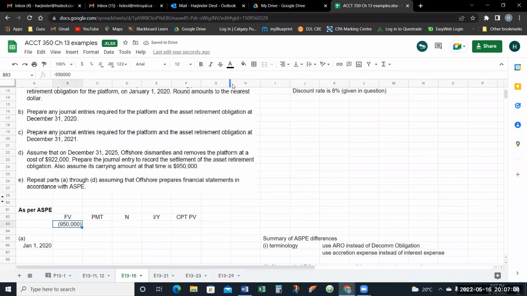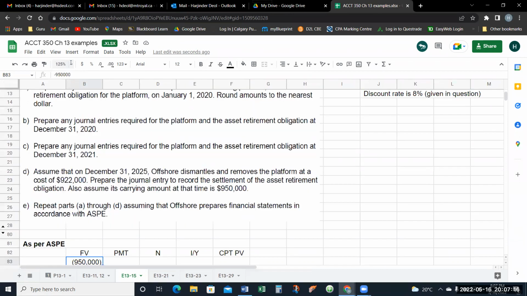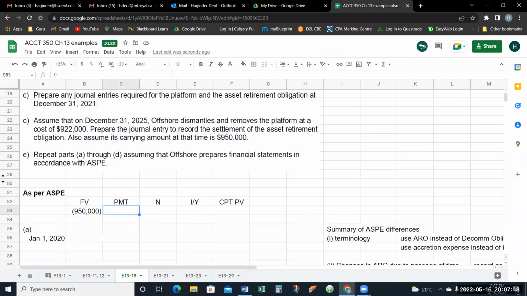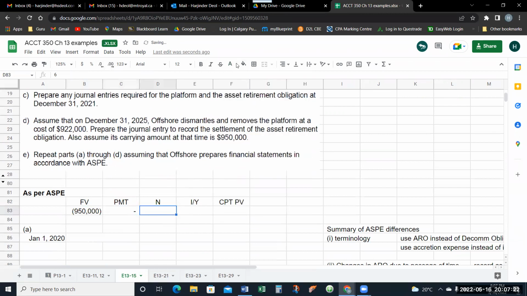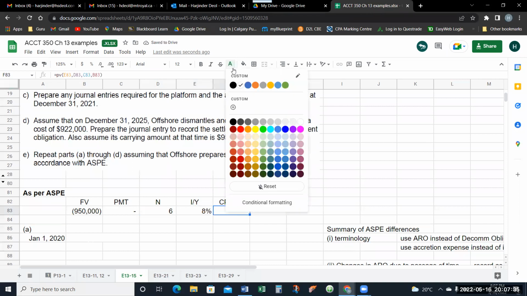And because it's cash going out, I'll put that in as a negative. There is no annual payment. So the PMT amount is 0. The number of periods is 6 because there's 6 years to go before the drilling platform will be dismantled. And the discount rate we were told to use is 8%. Using that, we get present value